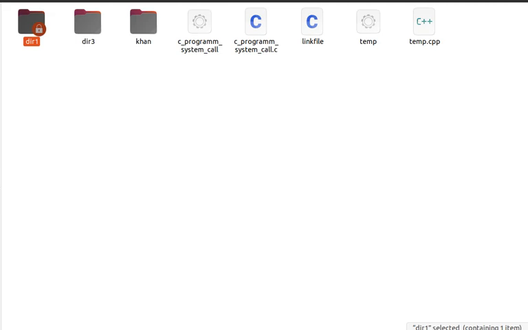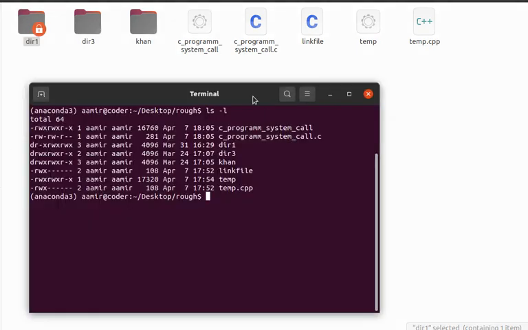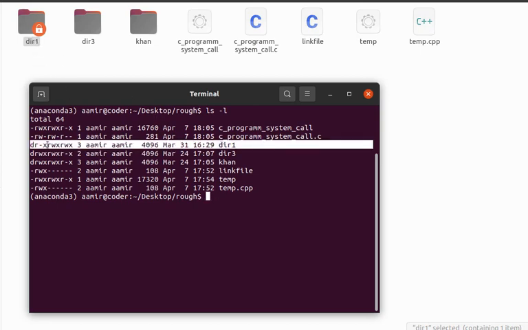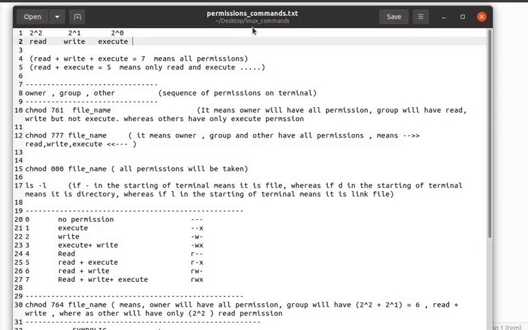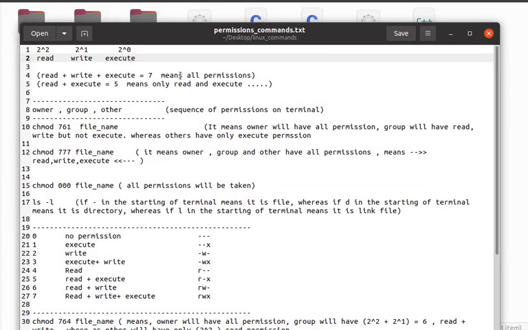For example, dir1 currently has the permissions read, write and execute, so it can be executed. If I want to change the permission, first of all we will learn about this.